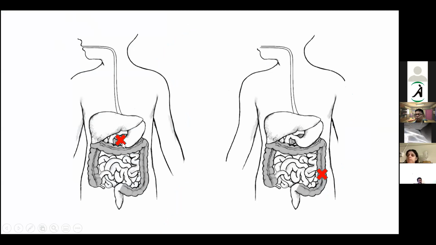So in this particular position, which one would be easier? Can anyone of you tell me? Which is logical? Pushing it all the way through the 22 feet of small intestine, large intestine, and downwards, or just taking it out through the mouth? Which one will be easier? Anybody unmute and tell me?